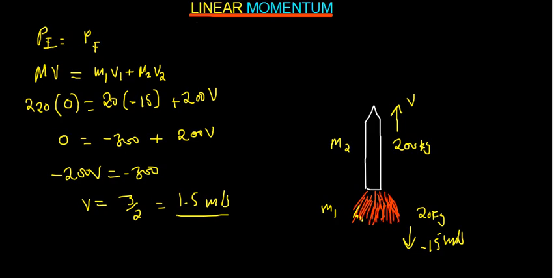So you see that for things which were connected initially, the initial velocity is always 0, right? So meaning that in this equation, where there is mv here, I'll just put 0, and I say this is going to be equal to m1 v1 plus m2 v2. Now notice that